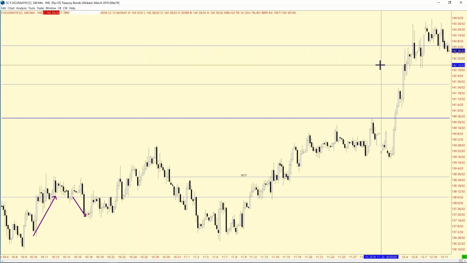And if you think about it, it's amazing that the dollar's been able to hold at these levels considering where bonds are. But then again, like I said, you see the same thing with bonds being higher. So 142.15 is going to be our support here for the 30-year bonds.